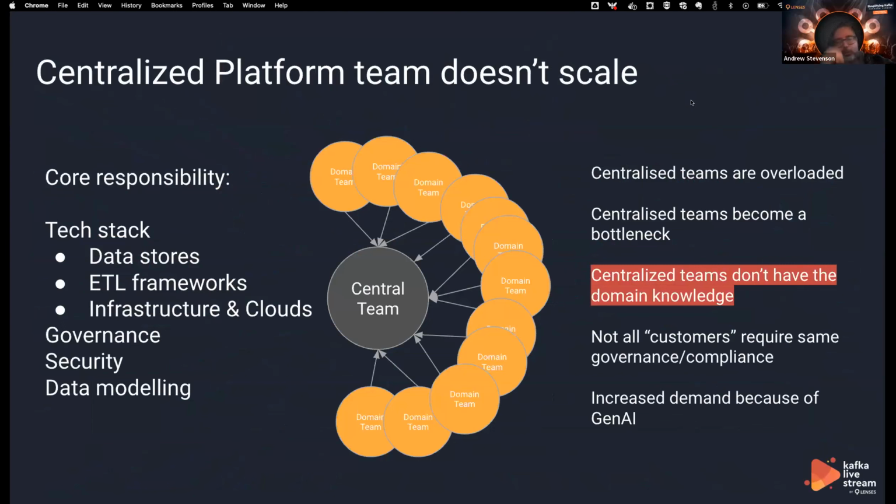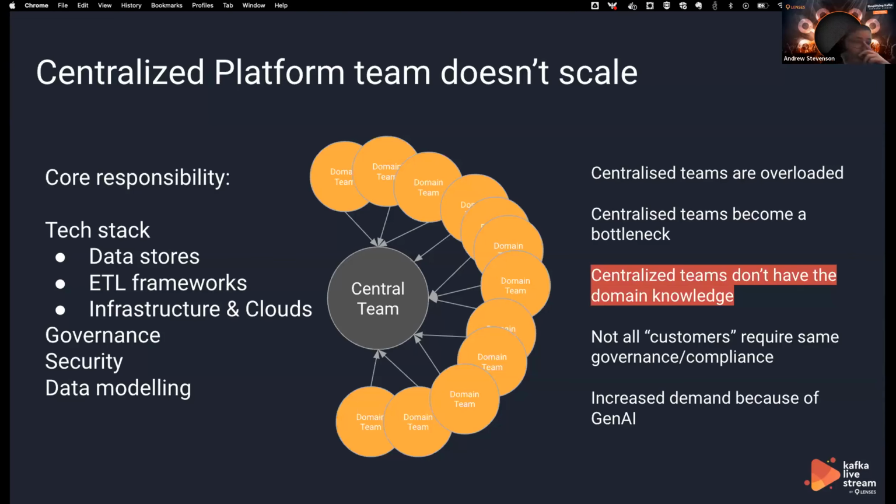But what I want to first talk about is the centralized platform team. Now, what I mean here is the centralized platform team. In my experience, this is typically those doing the ETL work. Maybe you've come from a data warehousing background. I worked in it for about 10 years as well. And your core responsibility there is generally working with the ETL frameworks. That could be Spark, it could be Flink, it could be Bash scripts, whatever you're using to move data around, and also then to the target data systems.